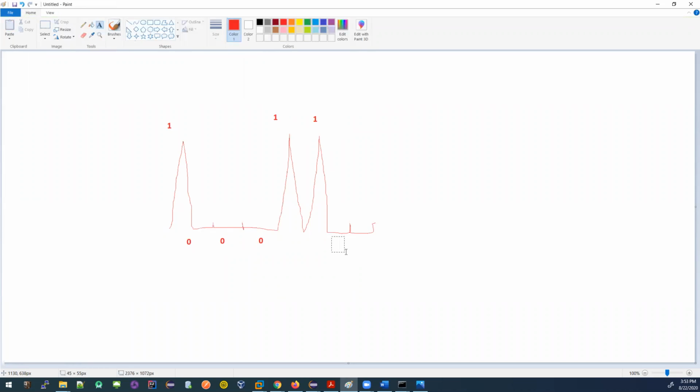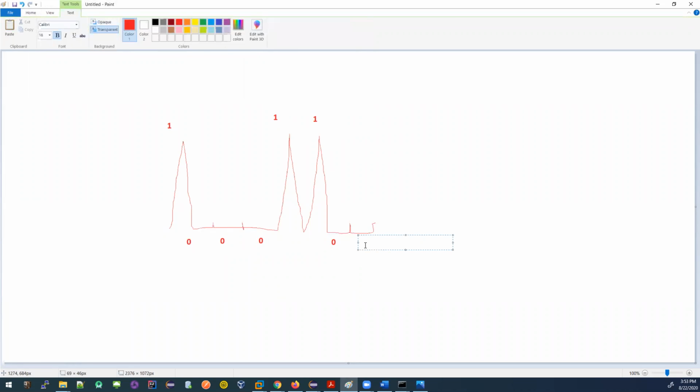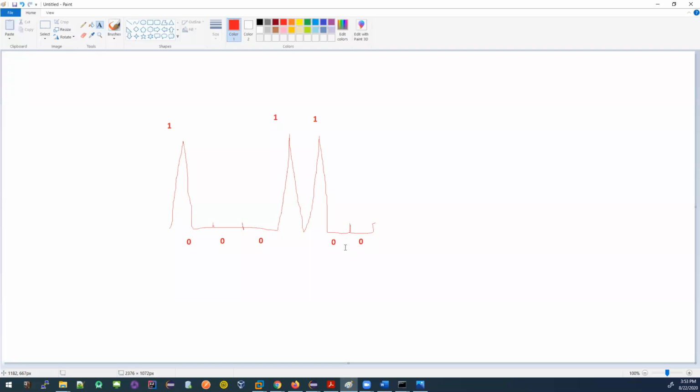This is 1. This is 0. This is 0. So any instruction that you're giving through any software applications or through your programming languages gets converted first to these 1s and 0s, these bits, these binary numbers.